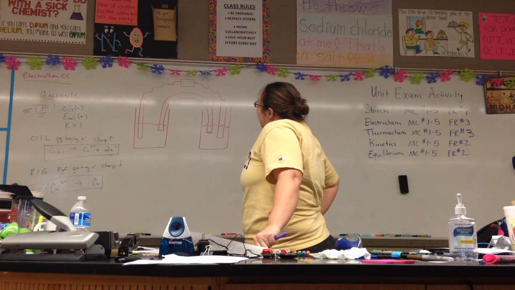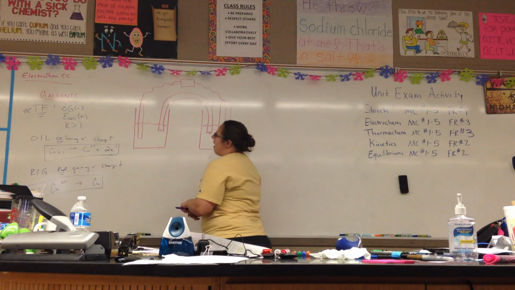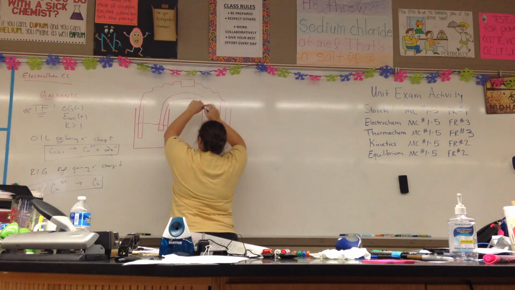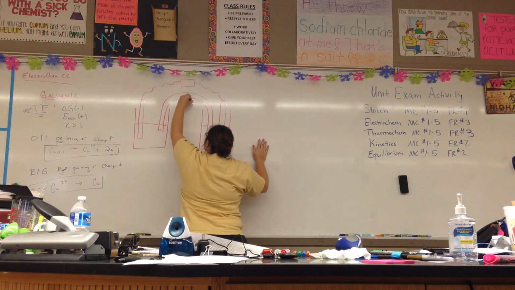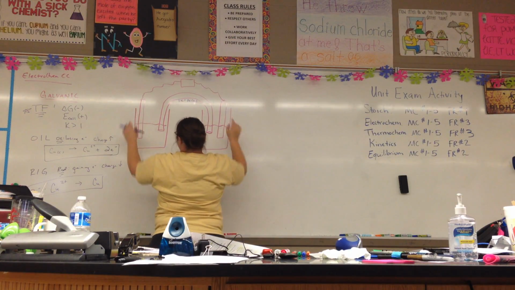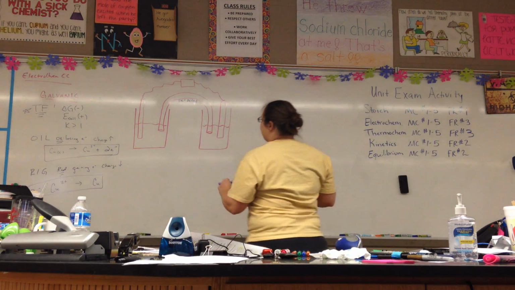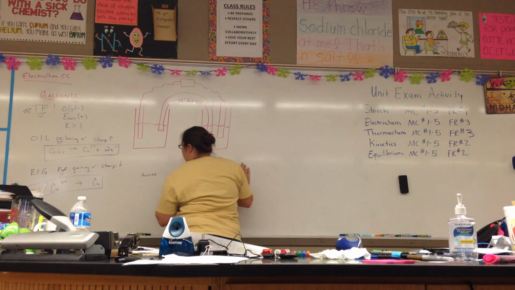Okay. So, oxidation. This is your galvanic cell. Remember, galvanic cells have a salt bridge, and it has 2 electrodes. It has 2 containers. What are the electrodes called? Anode and cathode, right? So your anode,